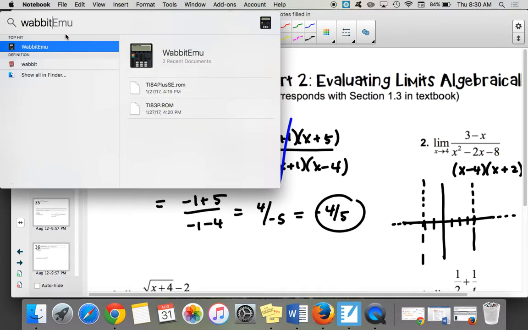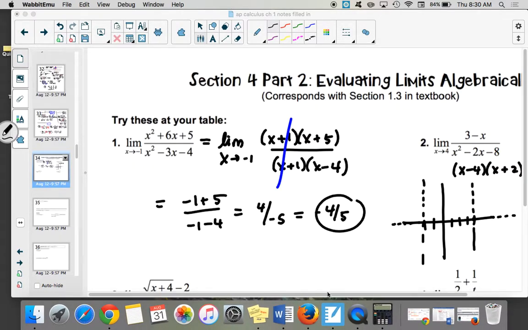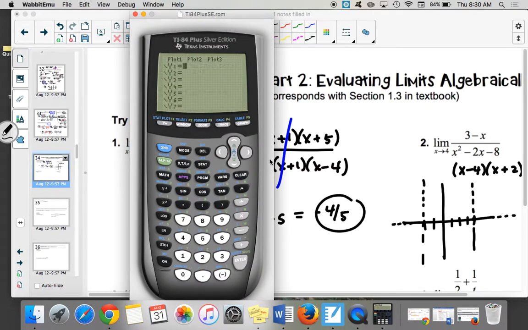So go to graph it for y1. Did you guys all do that last time? So under my y equals, I'm going to put 3 minus x divided by x squared minus 2x minus 8. And I hit graph. Okay, and my graph is going to show, sometimes it shows asymptotes, which makes it a